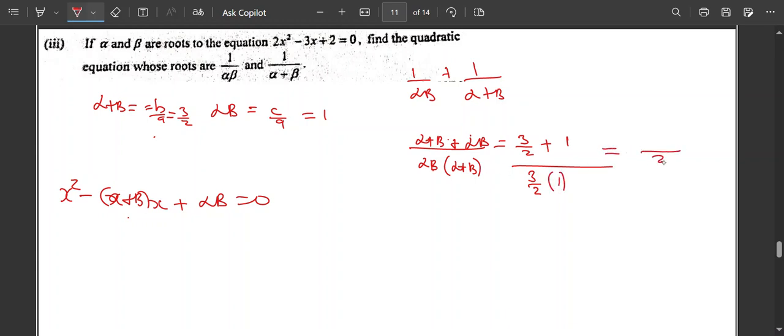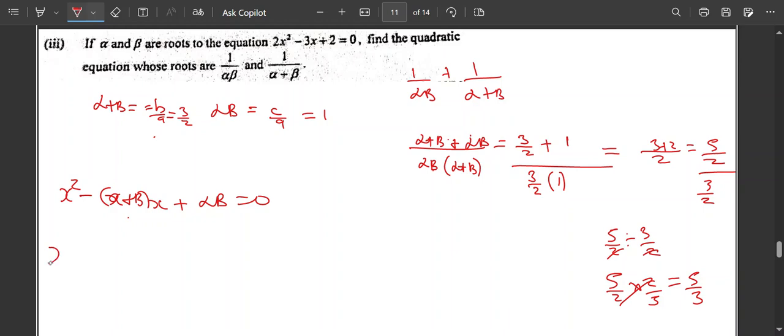Okay, so here what is common is 2, then that will be 3 plus 2, which is 5 over 2. Then divide by 3 over 2. So it's more like 5 over 2 divided by 3 over 2. All right, so they will swap, and this and this will cancel if they swap like that. So 2 over 3, this goes, then that will be 5 over 3. Okay, so now this is our sum. So we say x squared minus open bracket, this is our 5 over 3,